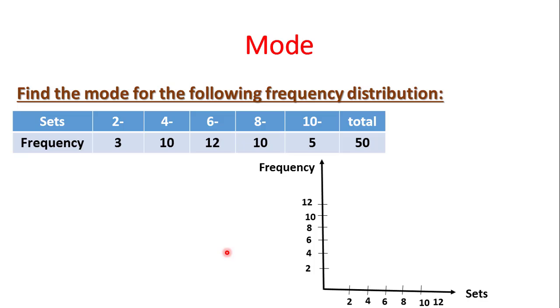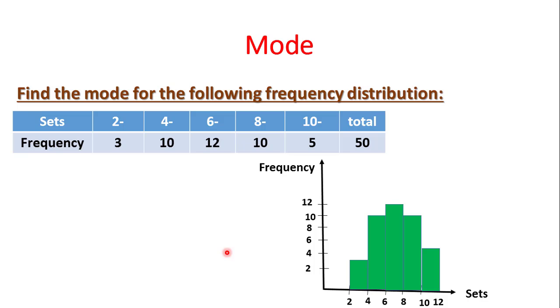Okay, here we have a frequency table. I want to calculate the mode. I said I'll draw a histogram. From 2 to 4, I draw this rectangle until I reach 3. Then from 4 to 6 until 10. From 6 to 8, 12. From 8 to 10, you have 10. And from 10 to 12,